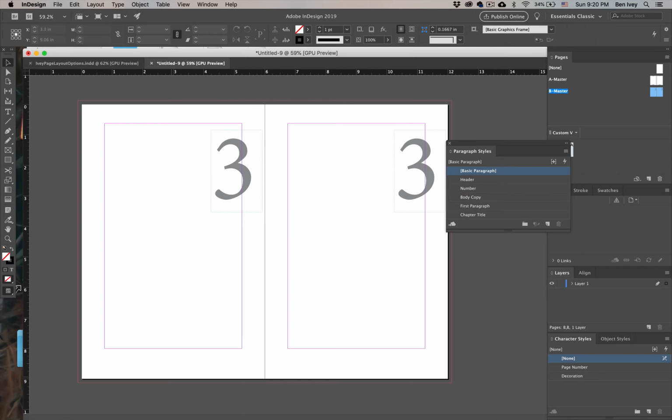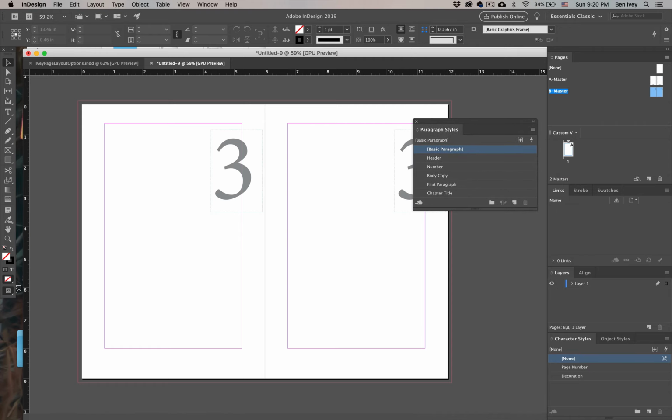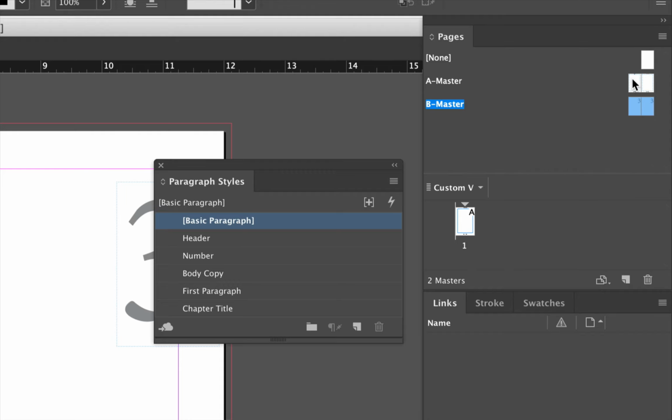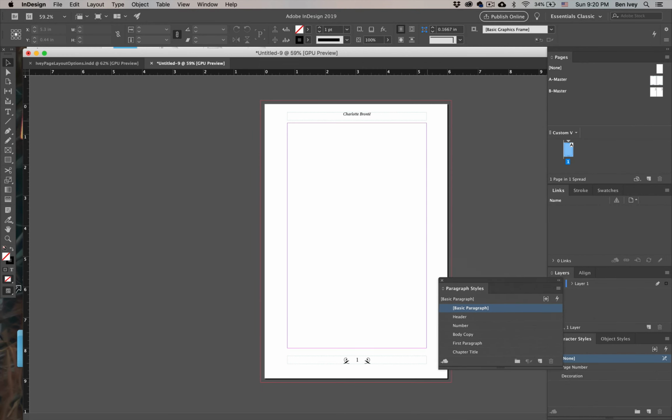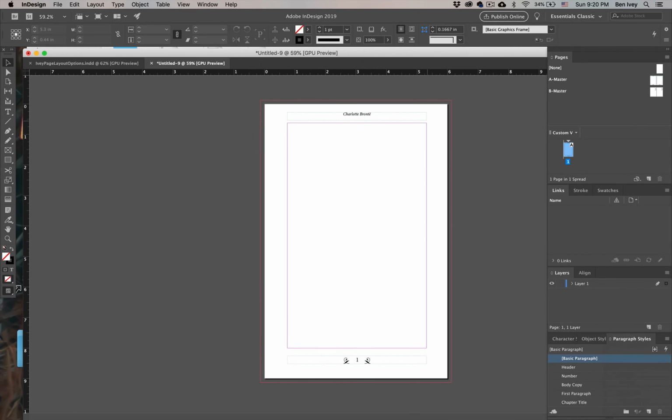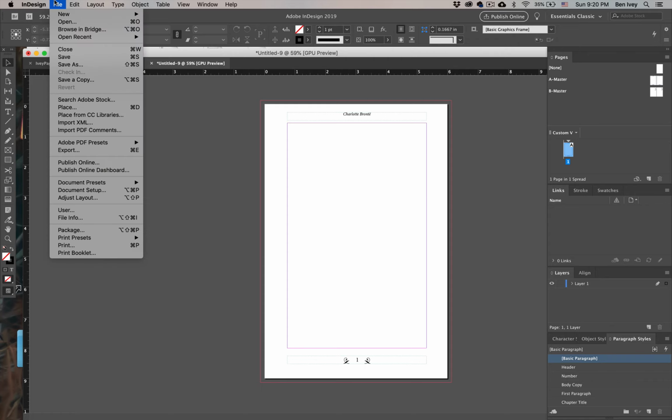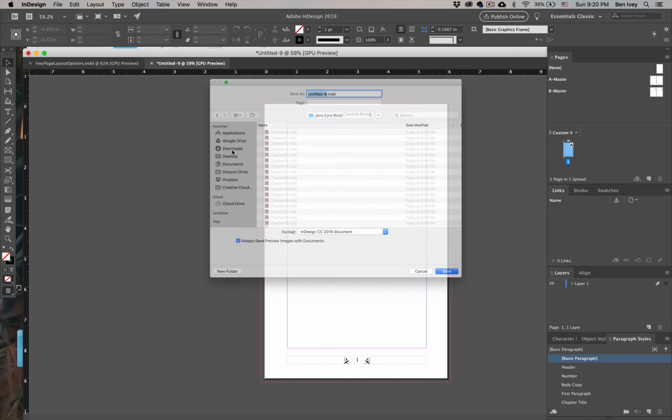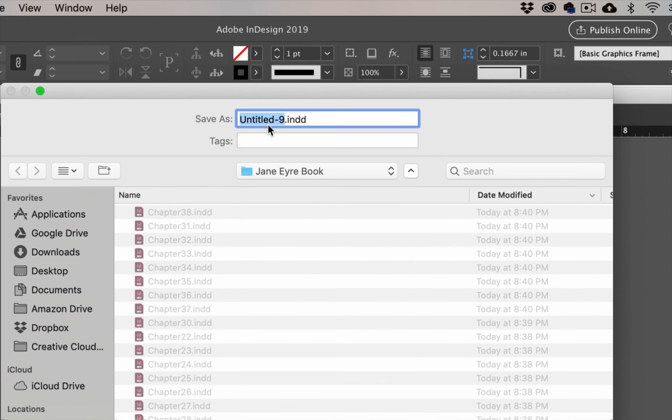Also notice on this master page, I don't have any headers or footers, which is the way I want my page to be designed. With my chapter title designed and also my inside pages designed, now I can click on page 1, go back to normal page mode, and I'll put my paragraph styles out of the way. And let's save this as a chapter template. To do this, I'll go up to File, down to Save As, and I'm going to give it the title